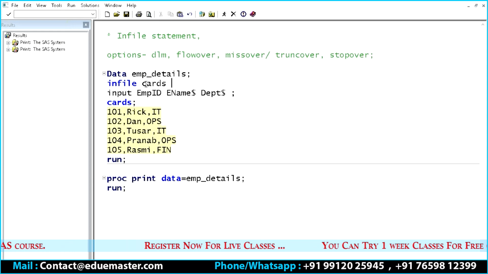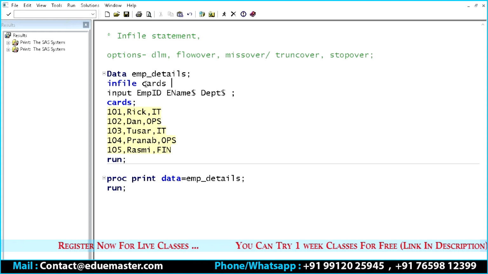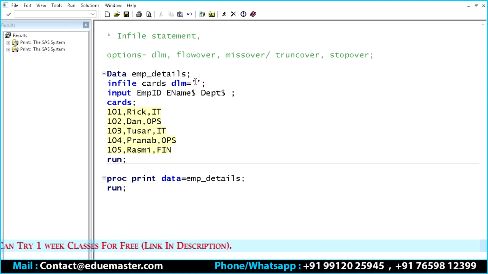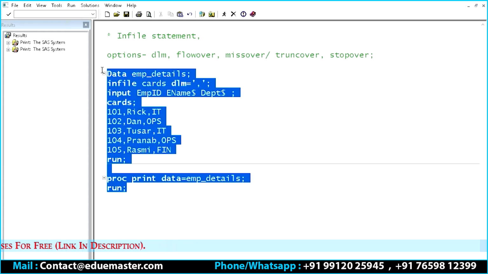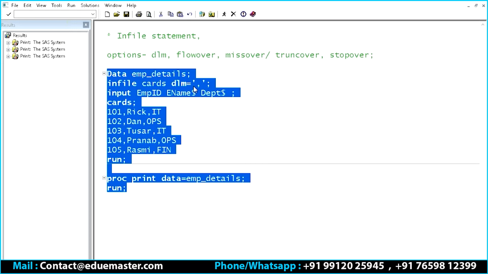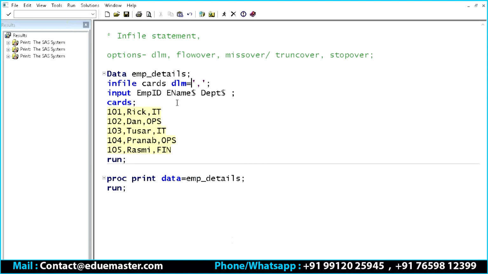Here what you have to tell SAS is the delimiter that you have to specify. DLM equals to, in quotation, specify what is the delimiter. Put comma. Okay. DLM equals to comma. Now you run the program, it will be giving you the exact correct output. So like this, we make SAS understand what the delimiter is. Next thing. When two data values are separated by comma, in that case you can write DLM equals to in quotations comma, or you can say like